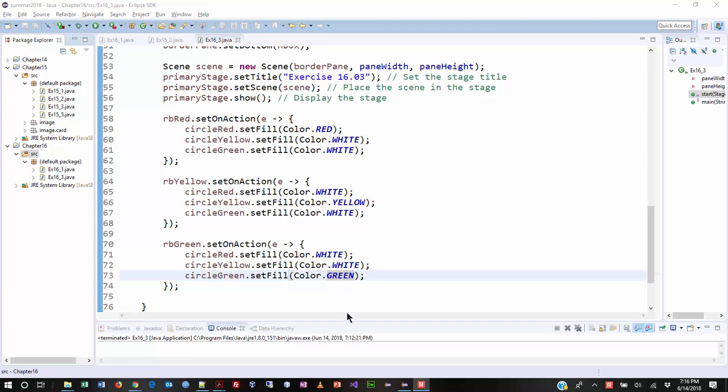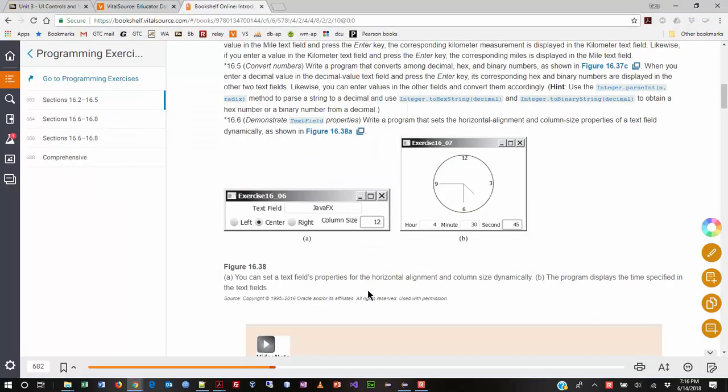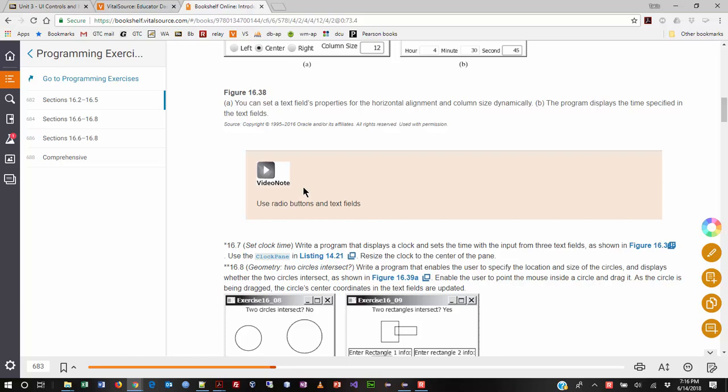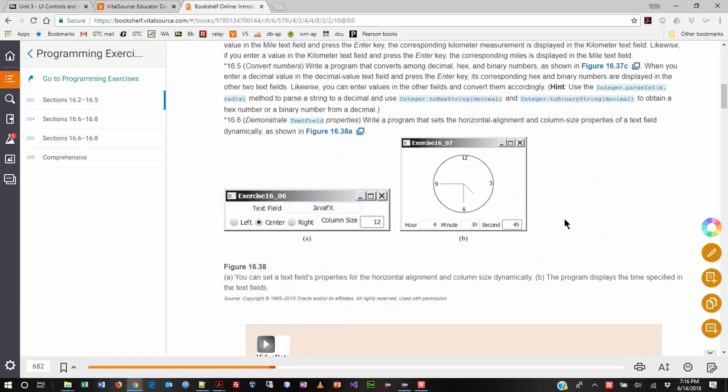Hello, we're going to be working on exercise 16.6, and this is one of those exercises, folks, that the author does have a solution provided, and I'm guessing that he also has a video provided for it too. So you can watch his video or you can watch mine, but I'm going to build this little application here,